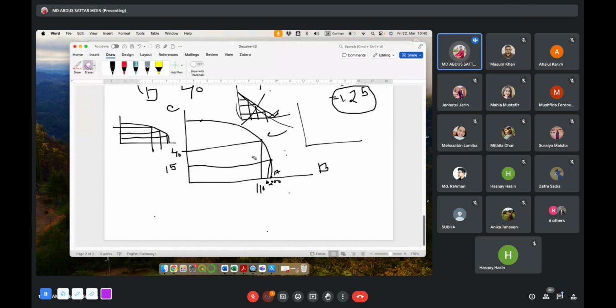Is there any surplus or shortage at 200 taka? So at 200 taka, what is the amount of quantity demand and what is the amount of quantity supply? Then you make the difference of it. If you see that quantity demand is larger than the quantity supply, then there is a shortage. ওকে স্যার।